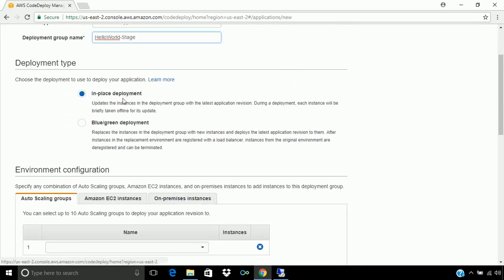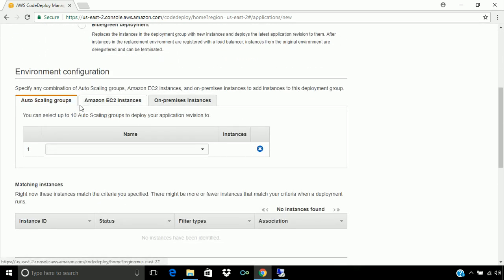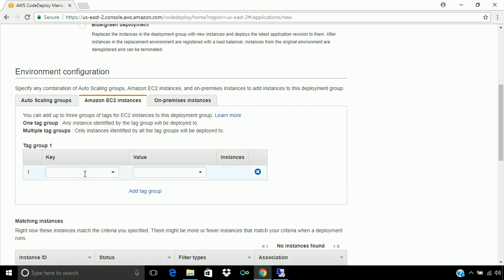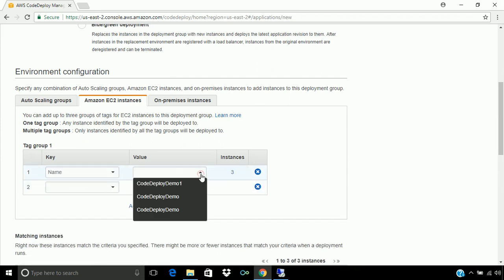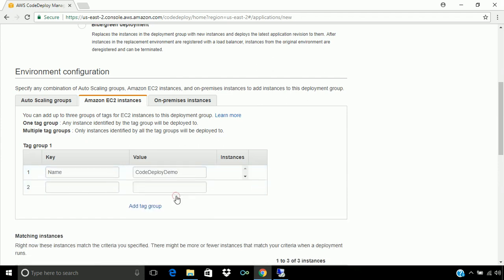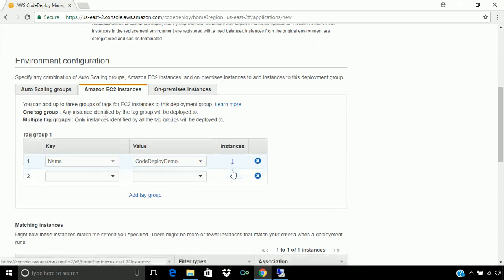First we will see the in place deployment. We are going to deploy on the Amazon EC2 instance, so let's give the key name and value. You can see here code deploy demo. Here the matching should be 1. 1 means only one instance is matching this key value. If there are multiple instances matching this value, then the count will be 2 or more.